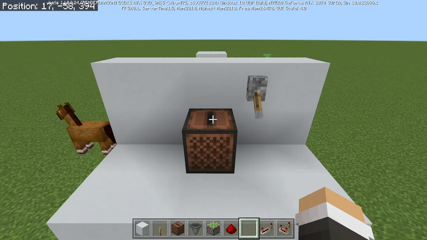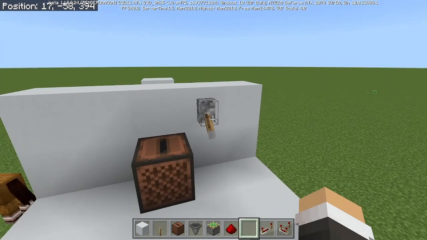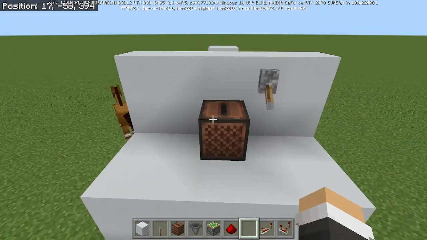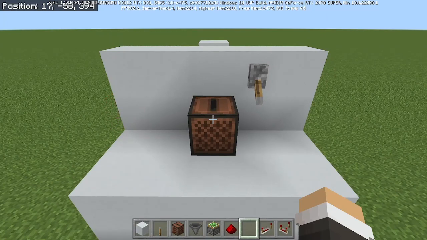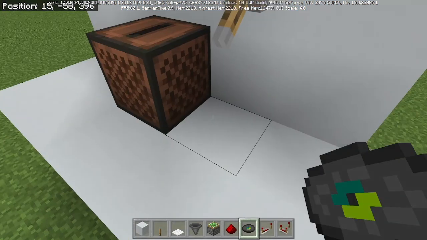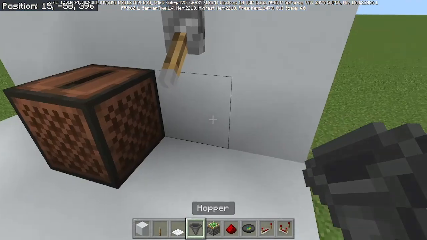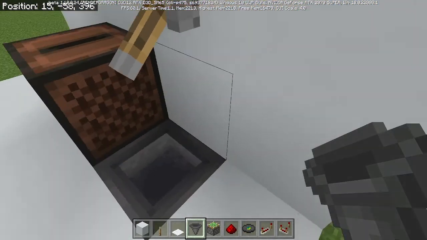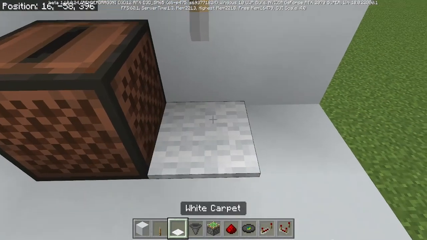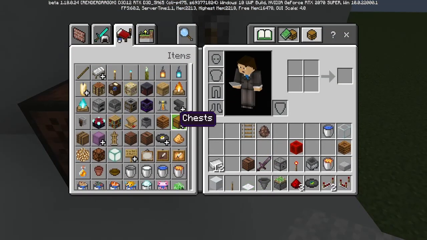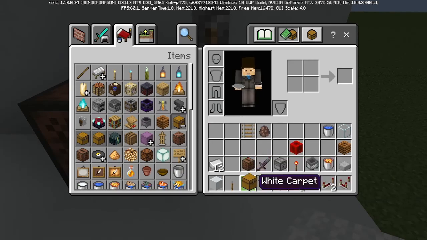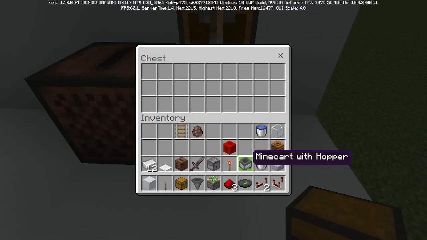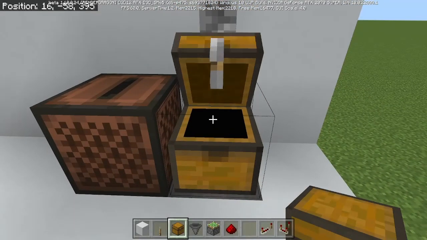Now, I'm going to show you what happens when you leave it turned on, and show you an optional way to install your records. Okay, guys. An optional way to install your records is to put a hopper going into this top hopper here. And then if you want, you can cover that with a carpet, or you can do as some people do and place a chest on top so that you can stick your records inside this chest. Either way, they're going to be taken into the system just like that.